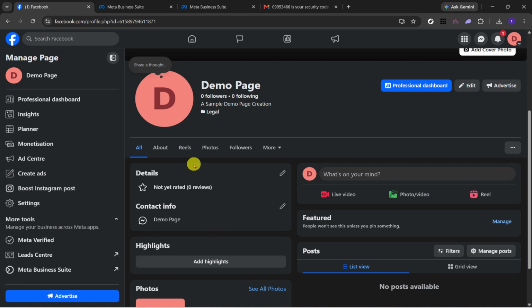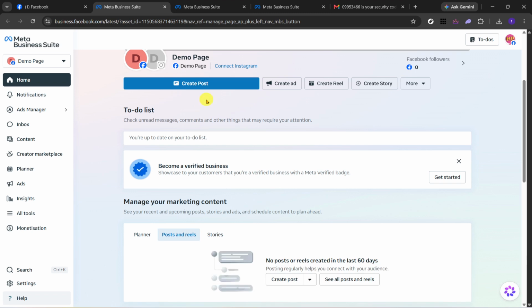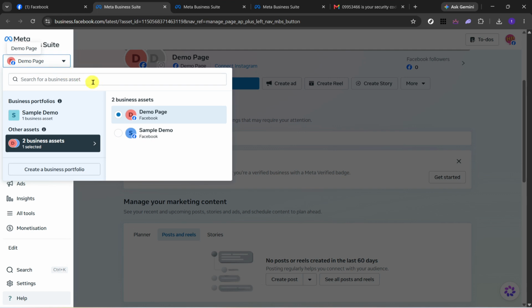After the page loads, click on Meta Business Suite. This will take you from the standard Facebook page view into the management area where business assets, permissions, and connected pages are handled. Depending on your screen size, the button may appear in a slightly different position, but it should still be clearly labeled. When Meta Business Suite opens, go to the top left area of the screen and click